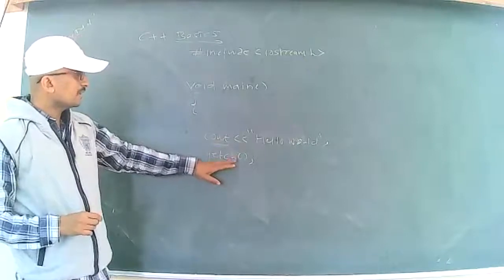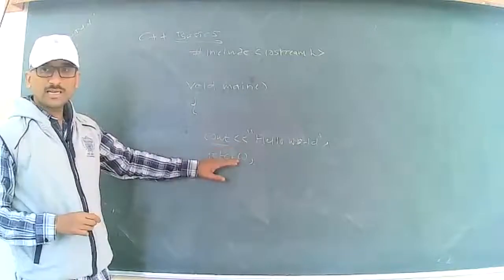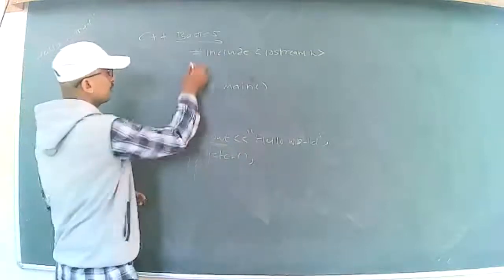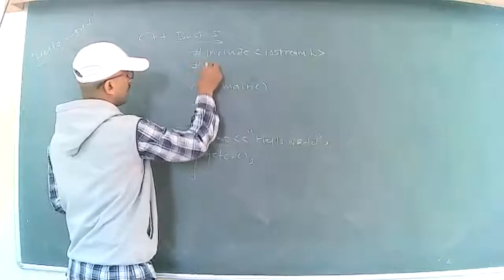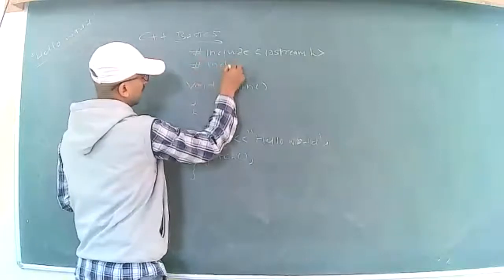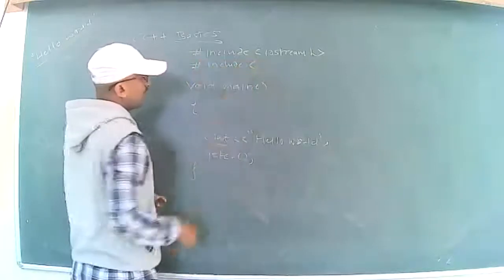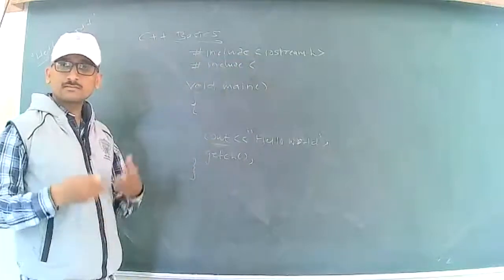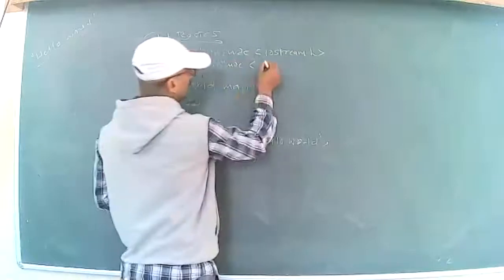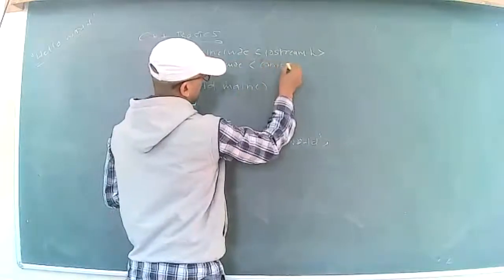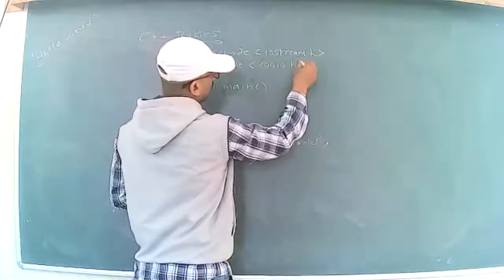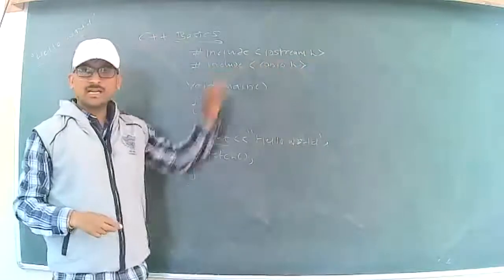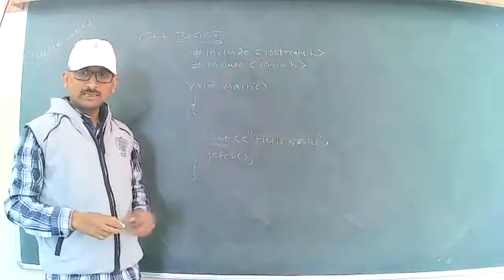Now this getch is the keyword which is defined by another header file. So we need to include such header files every time in our program. So #include is there. The getch that we are having is defined by the conio.h file, the console input output header file, that is the conio.h header file, right?